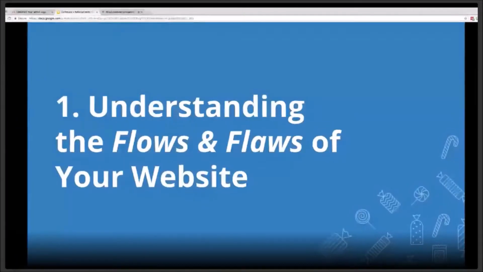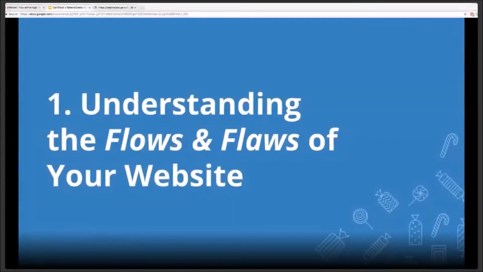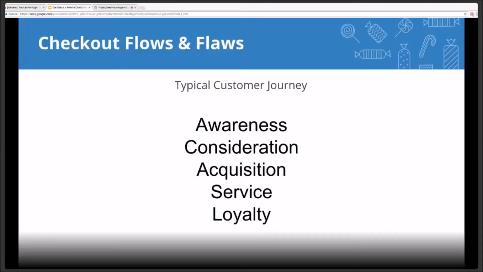Yep. All right, so before we get into how to actually recover customers, I think it's important we understand the typical flow that shoppers follow when visiting your site and how that relates to the customer journey, because they're really closely related. The reason we're looking at the customer journey is because it's important to understand the way that customers interact with your site and how that relates to each step of the journey. Understanding this is what's going to help you segment your customers into groups and align your messaging accordingly so that you can maximize the amount of revenue you recover from each type of shopper that abandons your site.